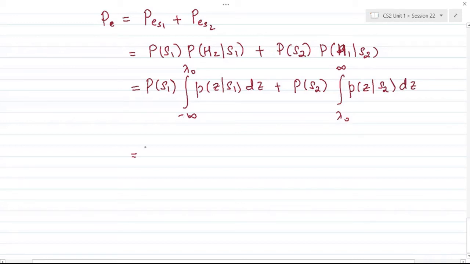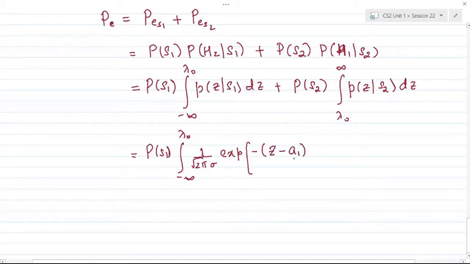This conditional probability is again a Gaussian distribution, so I can replace it as 1 over root 2 pi sigma exponential of minus z minus a1 whole square divided by 2 sigma square dz, plus